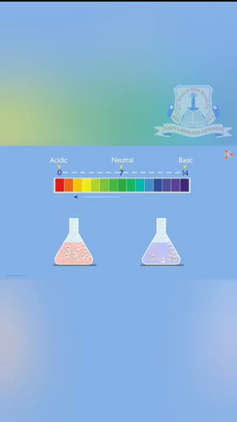More the H ions, less the pH value. Hence, less the pH value, more acidic the solution will be. Again see, less the H ions, more the pH value. That is why when the pH value is more, from 8 to 14, the solution will be more basic. Obviously, we know in a base.